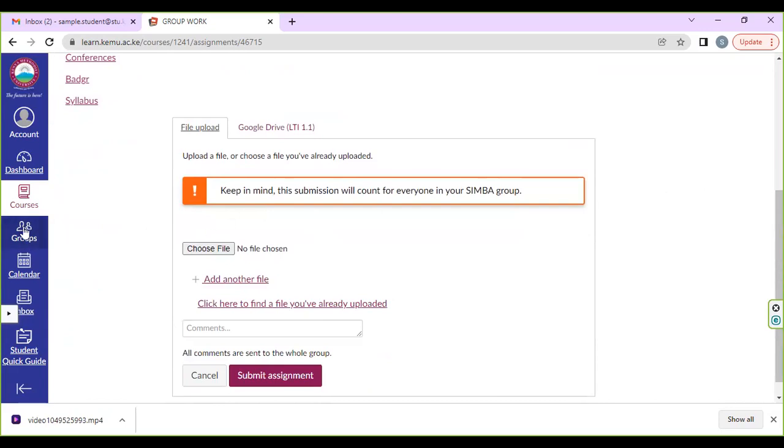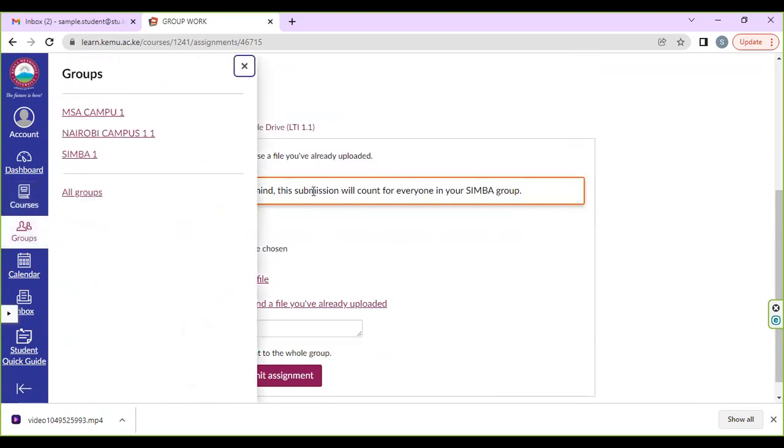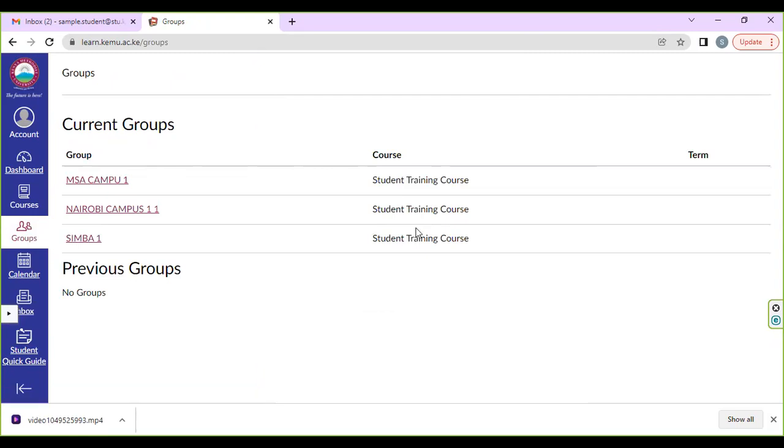So there's this tool on my right hand side. It's for groups. So I click on submit, and I have groups for this unit. There's group Simba, there's Nairobi campus group, then the Mombasa campus one. So I want to check all the groups available, and how you can do your discussions as a group. So my group is Simba,